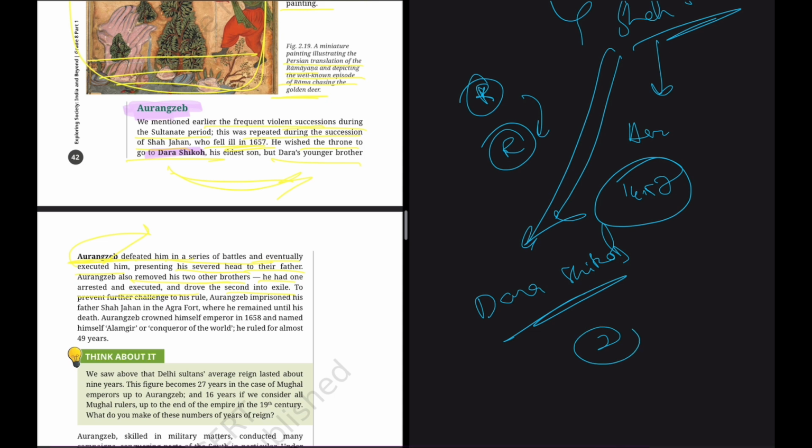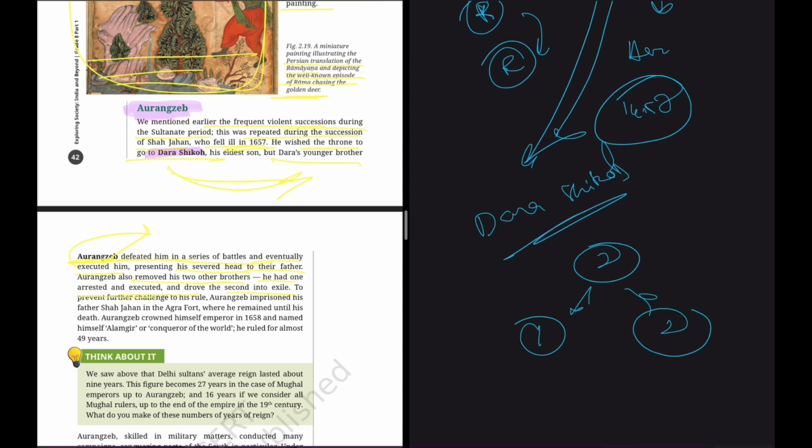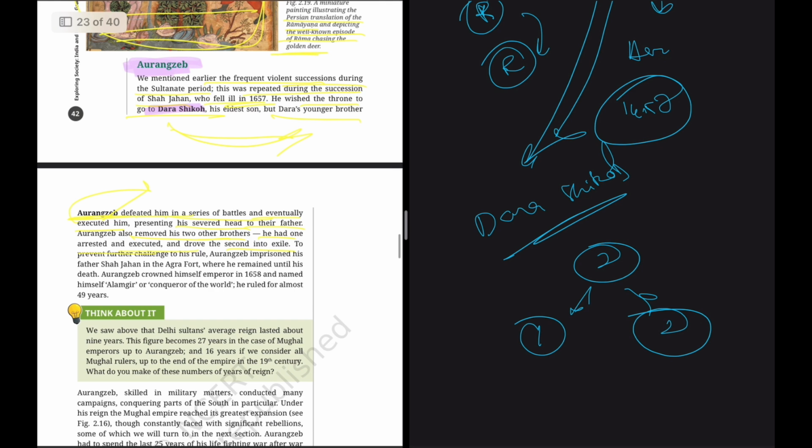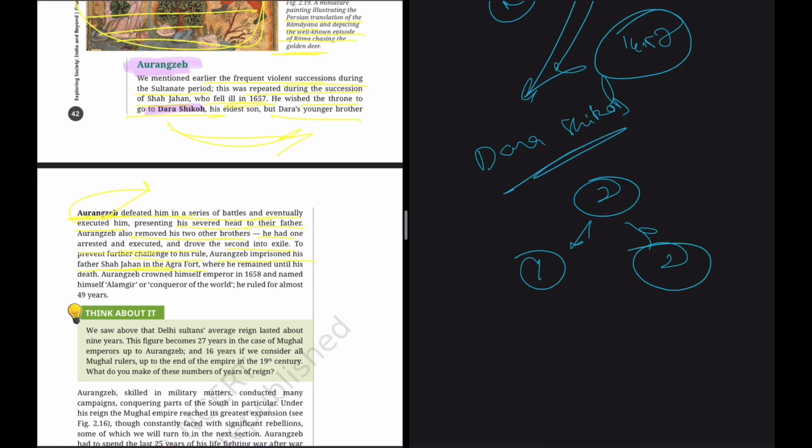So he had two other brothers as well, one of whom was killed and the second was exiled, that is, sent to a faraway place. And to prevent further challenge to his rule, Aurangzeb also imprisoned his father Shah Jahan in the Agra fort. So he wanted no competition in the empire, and nobody to challenge his rule. Aurangzeb imprisoned his own father, Shah Jahan, in the Agra fort, where he remained